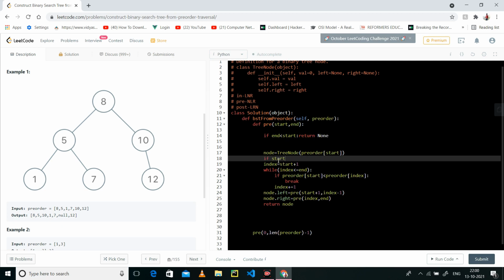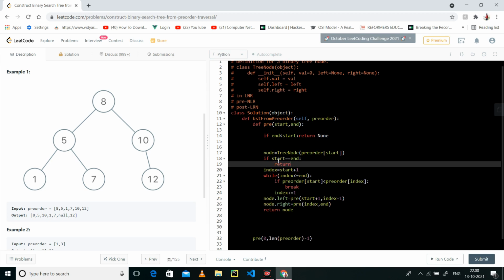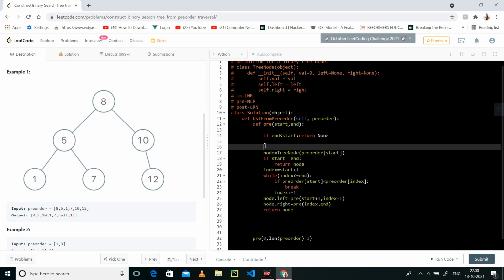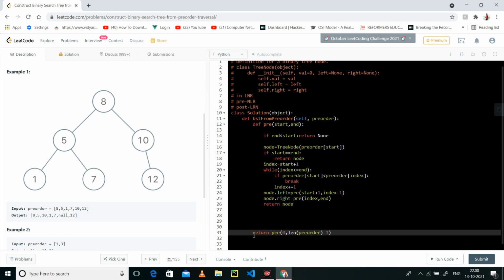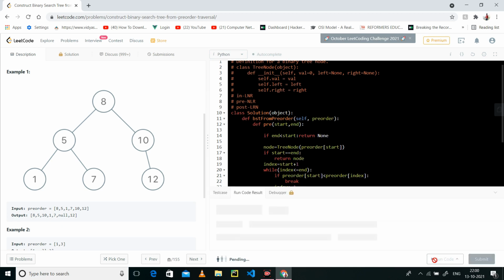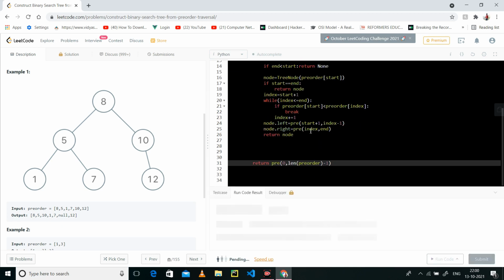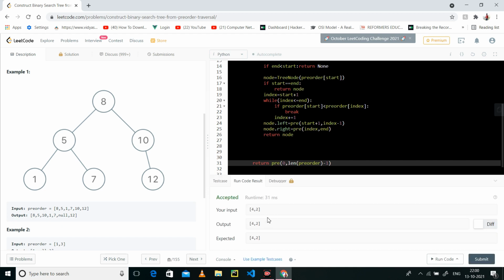And if start is equal to end, we have to return the node which you have just made. And you have to return here as well. Okay, so as you can see it has been run. So let's take some other example as well.